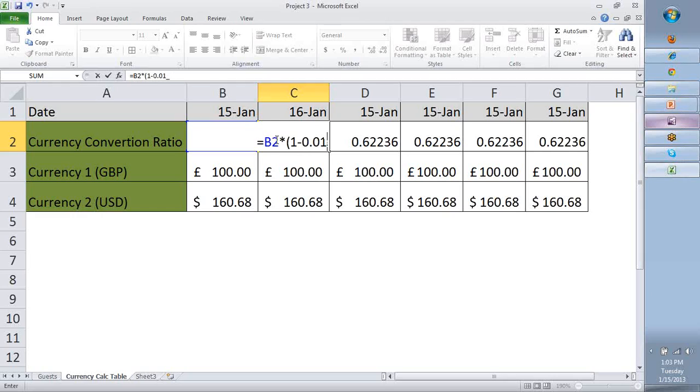I am multiplying B2 with what? With 1 minus 0.01, which is 0.99. That 0.99 is 1% lesser than 1, correct? So that means that if I multiply B2 with 0.99, if I multiply it with 1, it will be the